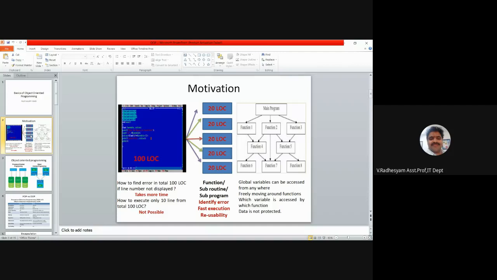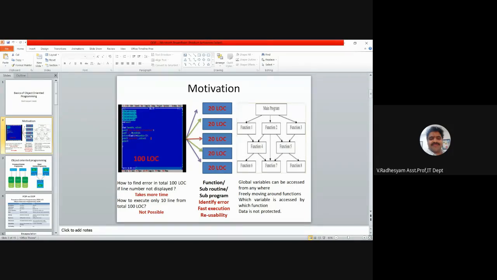The directions look very clumsy. Which variable is accessed by which function, and which variable is affected by the results obtained from a particular function? We are unable to identify what is happening inside a program.